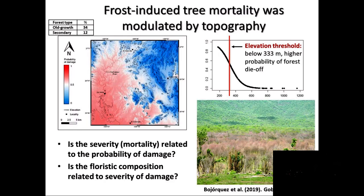So luckily there are refugia, areas where the forest was not killed. But in this piece of land that is 25 by 25 kilometers that we studied, we modeled the behavior of the frost, and we found an elevation threshold below which the probability of occurrence of frost increases, that is, in the lowlands. You can see in the photo that it goes gray: all of the forest was killed